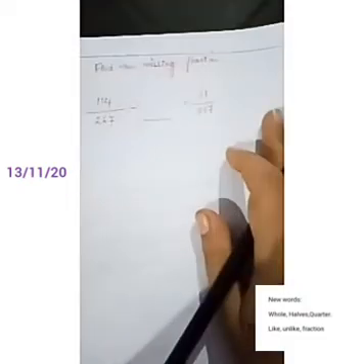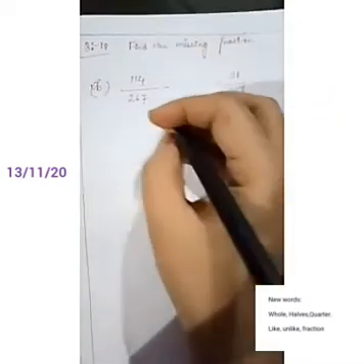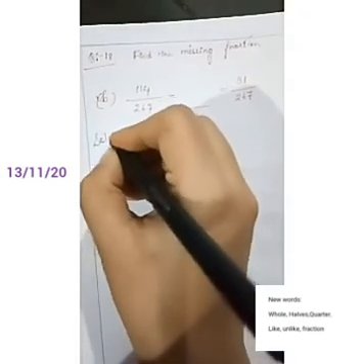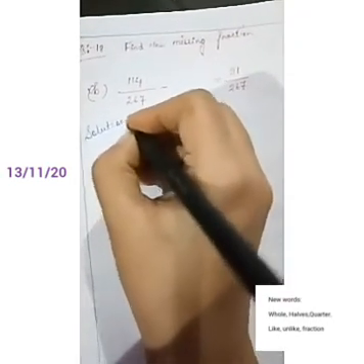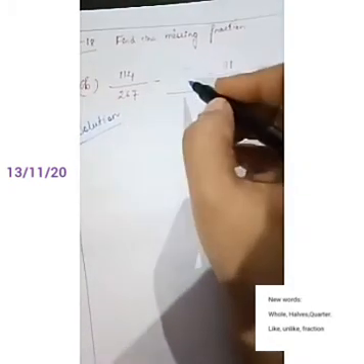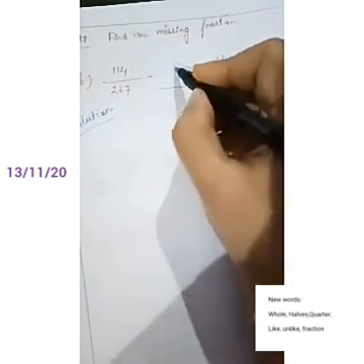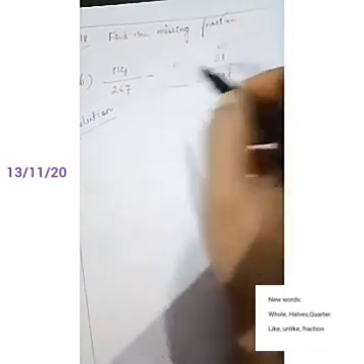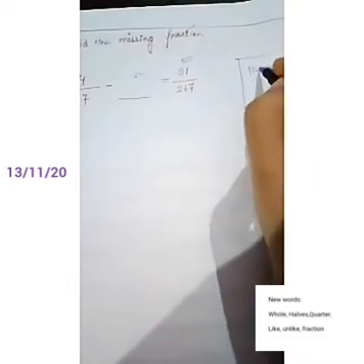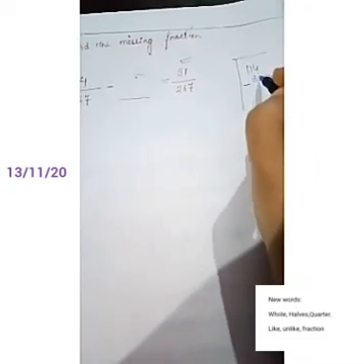The next question is given, question number 18, find the missing fraction. Sorry, so I am doing question number B. Find the missing fraction. What will come here? So that if I subtract that particular fraction, then I'll get this answer. Okay. So what will come here? How can you find it? In the rough, you do like that. What is the number given here? 114 minus 31 you do.